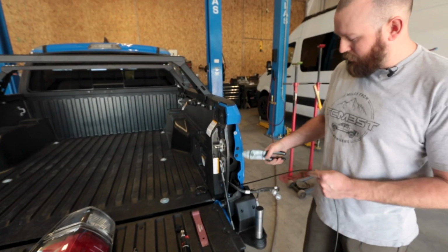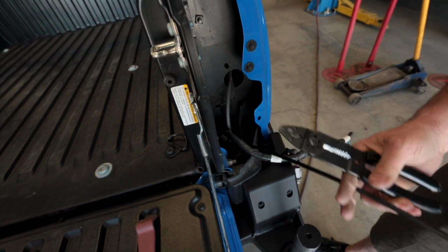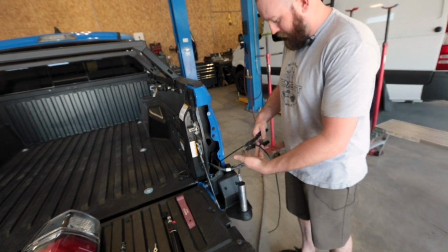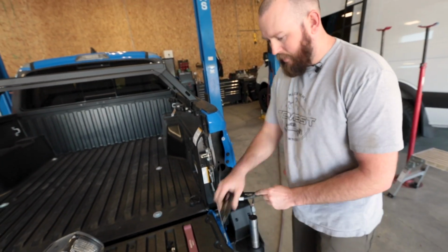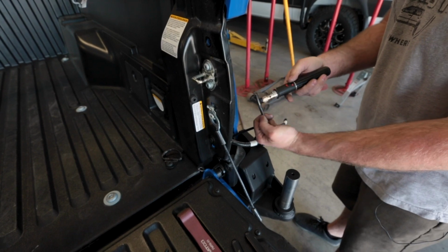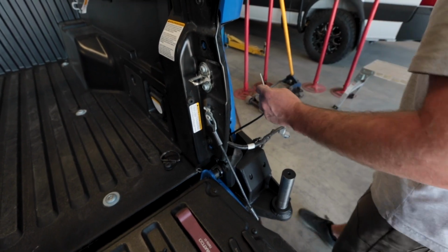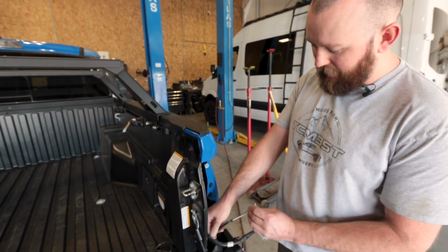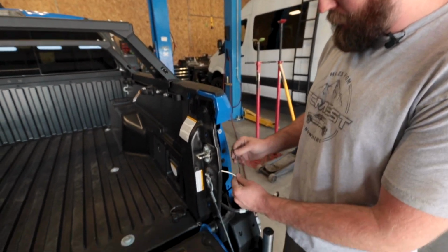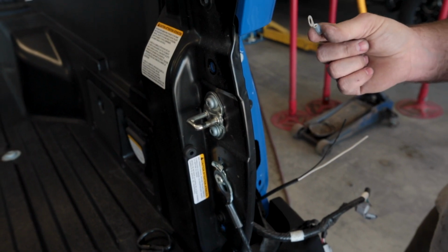All right, so I just pulled our harness that we pre-installed up through the hole right here where the rest of the harnesses come through. I did give myself a decent amount extra that I can just now cut off to length. So we're going to cut this off, and we're going to melt this sheathing off of here. All right, so once we got that spread, we can kind of pull these out of here. We're gonna need a little bit extra. Take that off. We're gonna use a Permaseal butt connector and then just a small eyelet to use for our